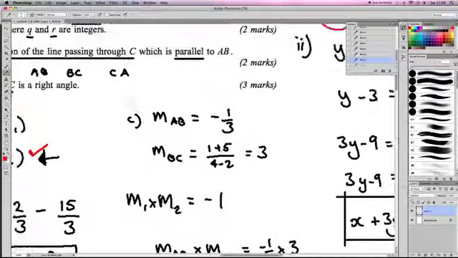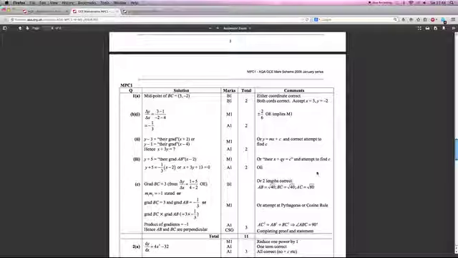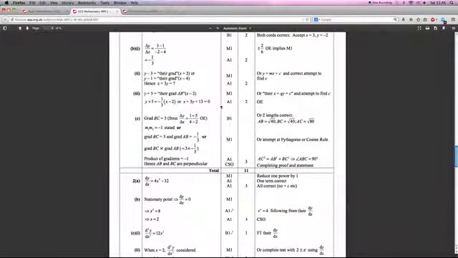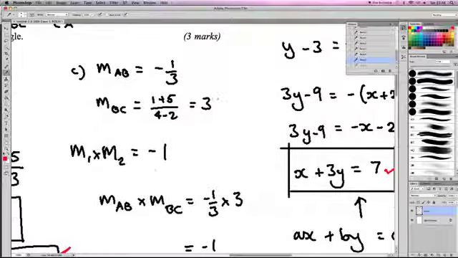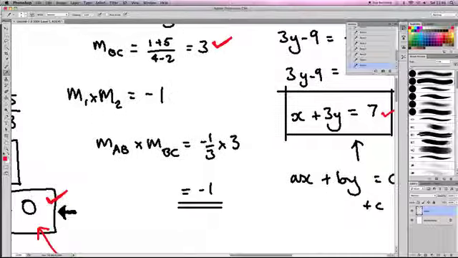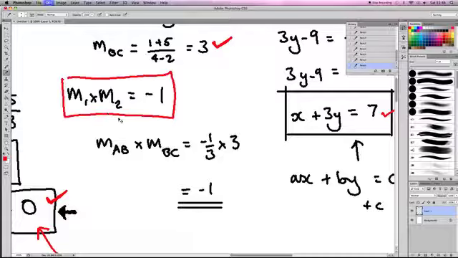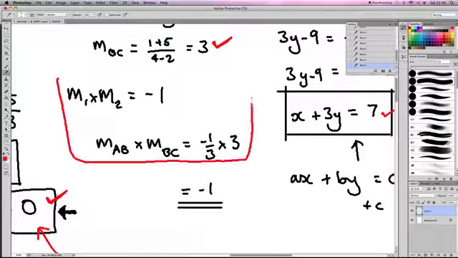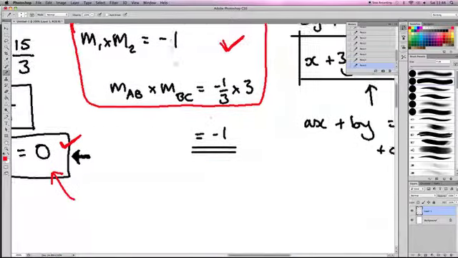And then lastly, part C, find out if it's a right angle. It's got quite a lot of marks. It's got 3 marks here. So your first mark is finding gradient BC. So 1 mark there. The next mark is, I suppose, timesing them out. I've made that statement, so I'll probably get a mark there, but I'll be more comfortable about giving all the marks here. So that'll be your second mark, and then your third and final mark, of course, is